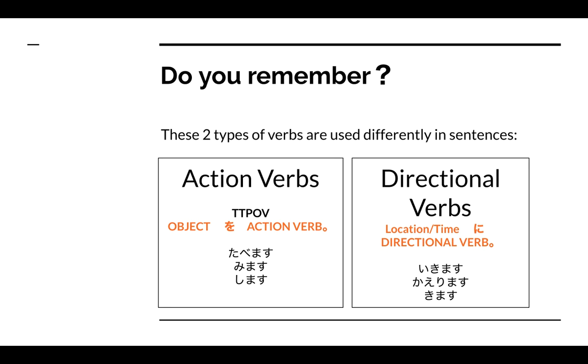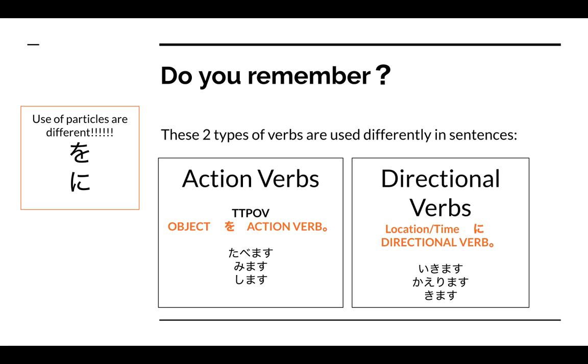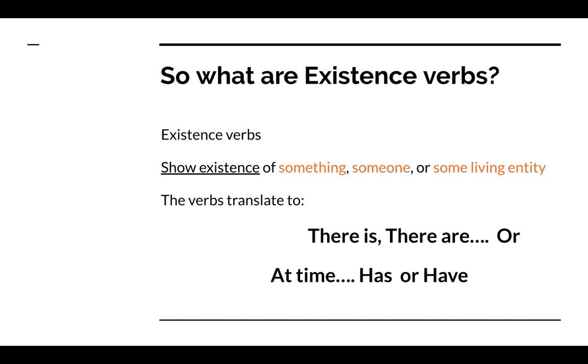Now, the directional verbs were a tad bit different. It doesn't really have an object to the verbs. So it's either a location or a time, and then it has ni, and then that verb. So if you said, I go home at 3, うちに3時に帰ります。Maybe you're going to school. 私は学校に行きます。So there's a difference in the particles that you use. One is o, the other is ni. Remember, it's interchangeable with e. Ni and e are interchangeable. But as the class we decided that it's the rule of thumb to use ni, ですね。